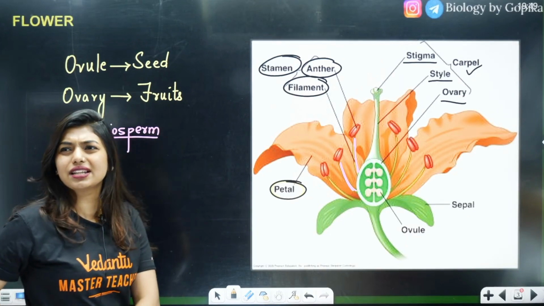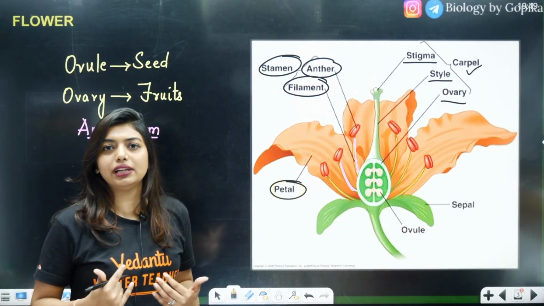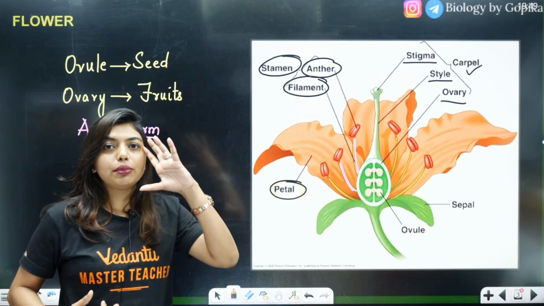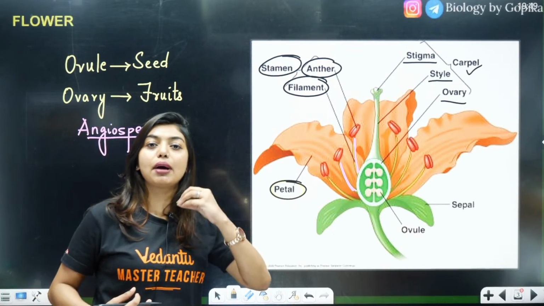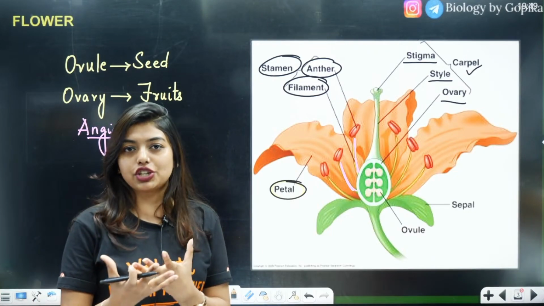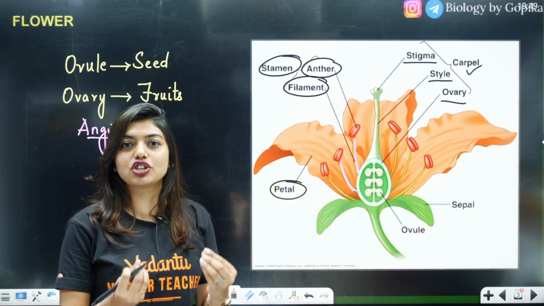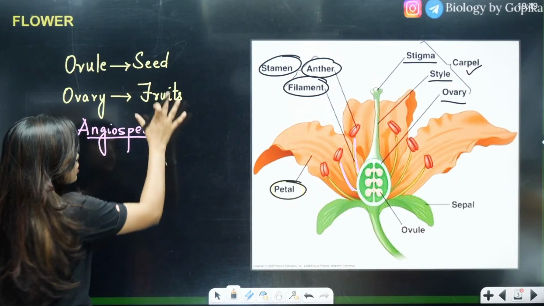So basic is clear? Basic is clear, yes or no? Students, please talk to me, because if you talk to me, I will know whether my speed is okay and whether you are able to understand. So keep putting thumbs up when you're understanding the concept, and when I'm asking you if you are understanding. This way we will have communication, and we'll become more like friends. Teacher, student, that connection is always going to be there. Very nice. So students, this is clear.